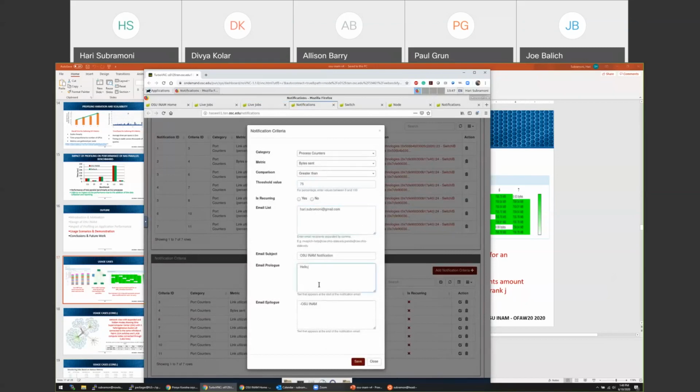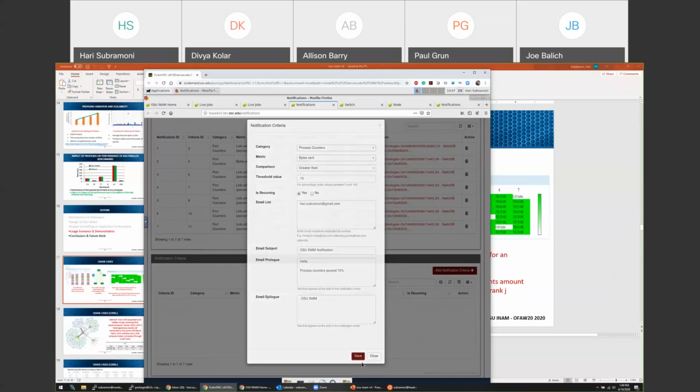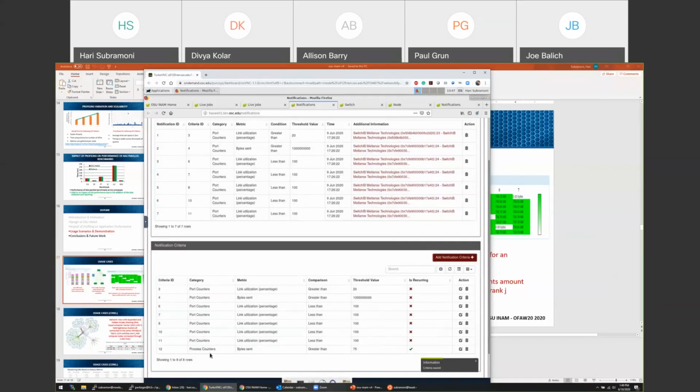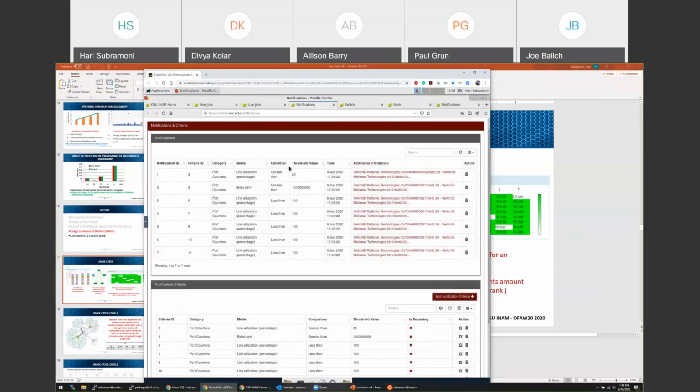And you can put in some text here like, process counters exceeded 75%, something like that. If you save this, you can choose whether you want it every single time or not. Then a new notification will come up here, and you will keep on getting this notification either in your email, or you can also view all the notifications that came up recently on the notifications tab for OSU INAM.